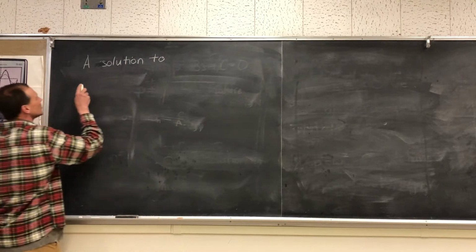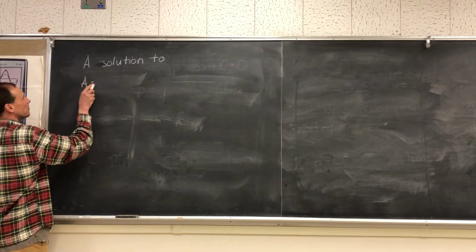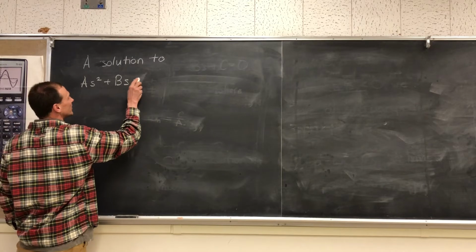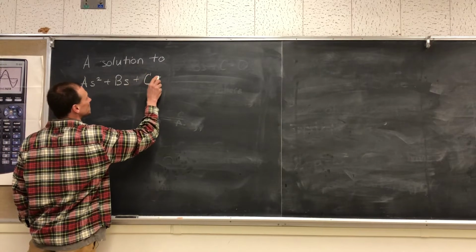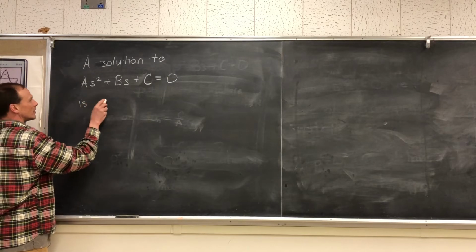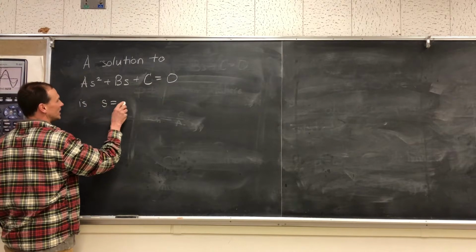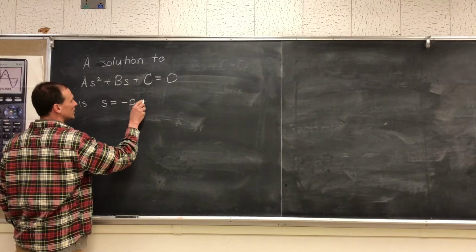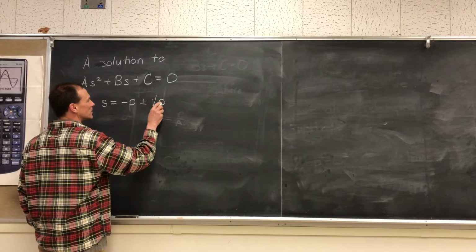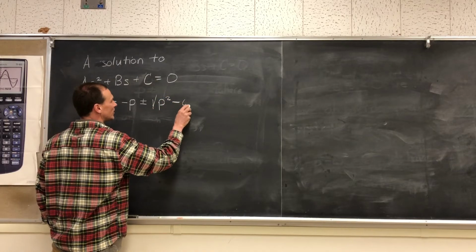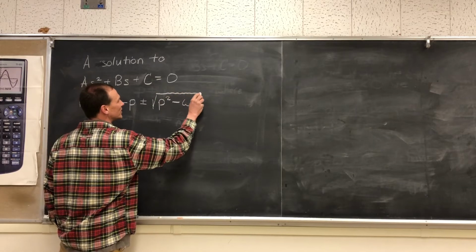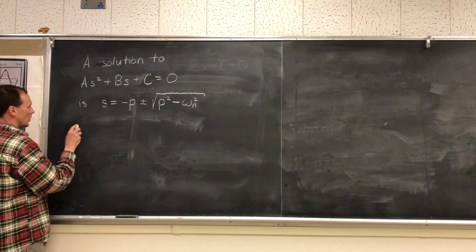A solution to a s squared plus b times s plus c equals 0 is s equals negative p plus or minus the square root of p squared minus, we called it omega n. That was the natural frequency of the system, where